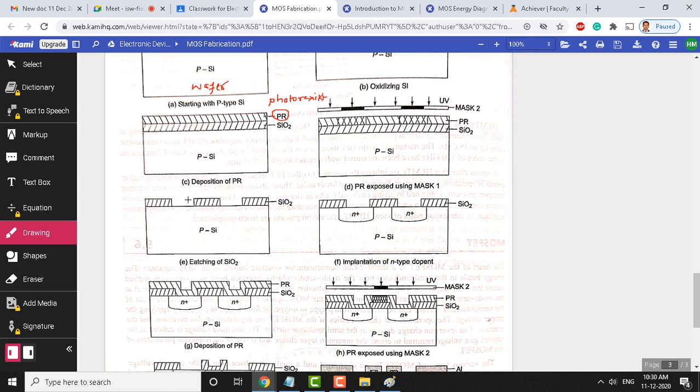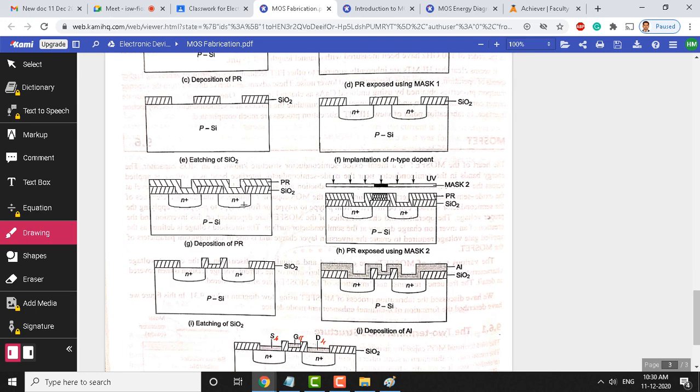Now, in the layer which has been etched out, we are going to implant the N type dopants here. Okay, so again we are going to use a mask here. Because here this silicon dioxide itself acts like the protection, there is no necessity of using a mask to add the N plus layer here. So, the structure you are seeing is after implanting N type regions into the etched out regions here.